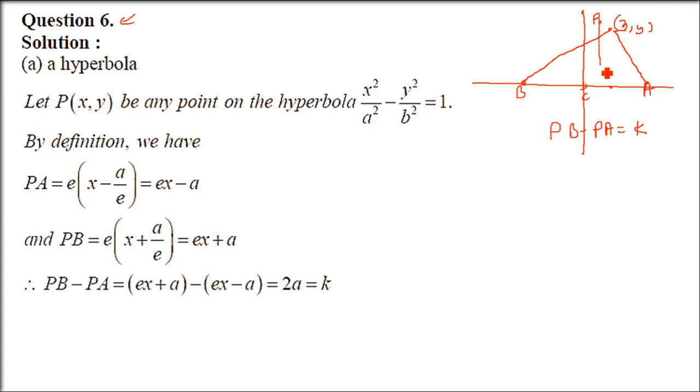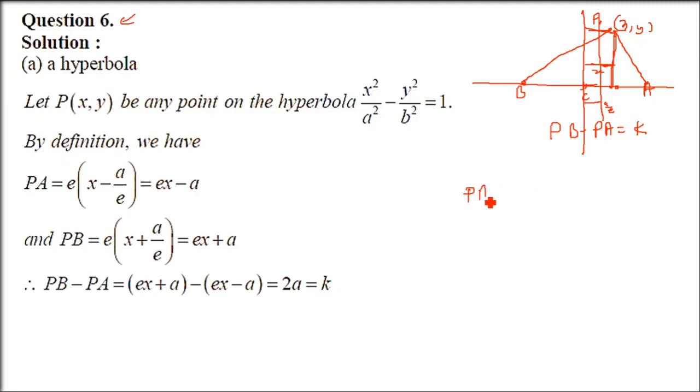So here you have to revisit that whole diagram, and that diagram is self-explanatory if you see the book of R.D. Sharma. And all these distances, x, AE, x minus AE, I already told you. So let me give you the final result that we are going to get, which will be the difference. When we see the difference, we have PA and PB direct values, which we already defined and have a proof of. So you have to remember that PA is EX minus A and PB is EX plus A.